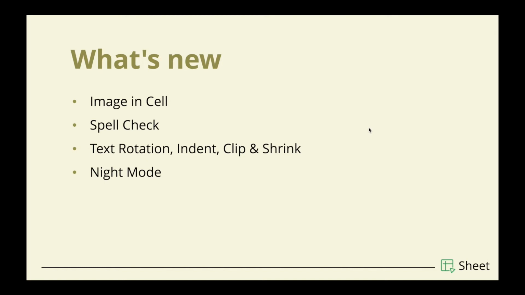And then we have also introduced some options using which you can display text in your preferred manner. I'll be showing all of these options in the demo that follows. Finally, we have the night mode or the dark mode in Zoho Sheet. This is something that many of you have been asking us for. So finally, we have released the dark mode in Zoho Sheet, where the user interface turns dark, so you can switch to dark mode when you're working at night and work comfortably. Now we'll move on to the demonstration.